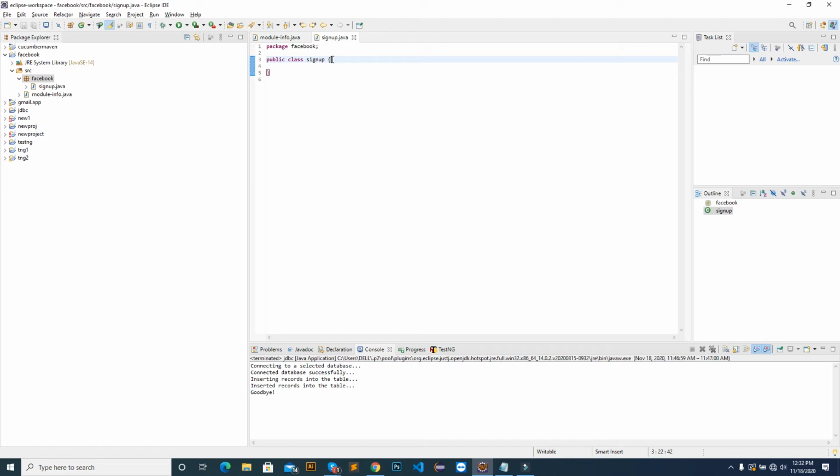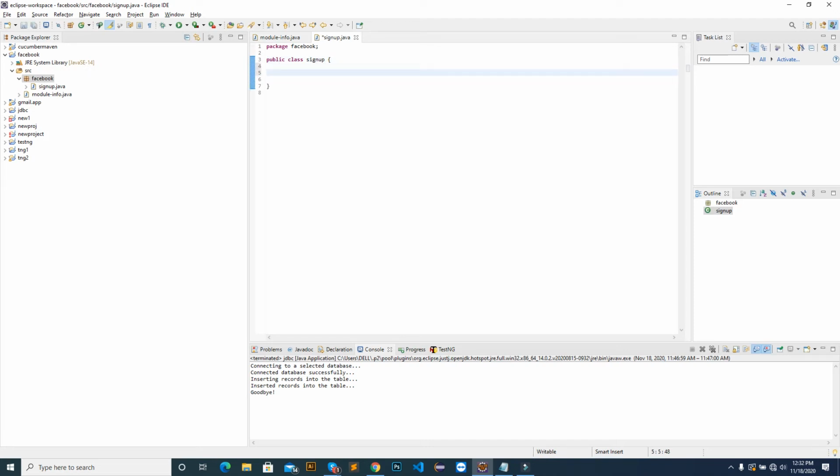If there are too many files, then you create a subfolder inside a folder. Just like that, if there is a small class, like here we have sign up, a small class with small information, 6-7 fields only, so we will use this class. Package means a big thing, a folder, right? Now this is the public class.